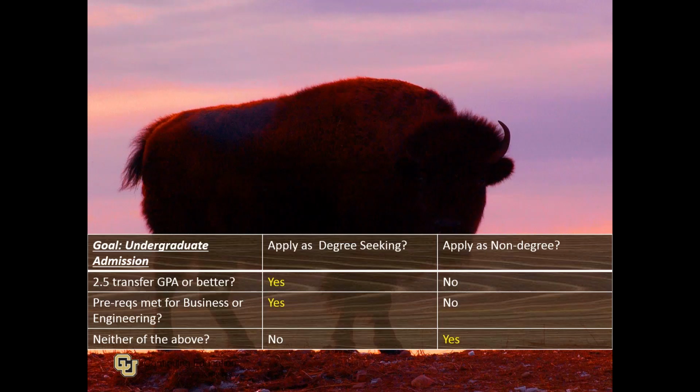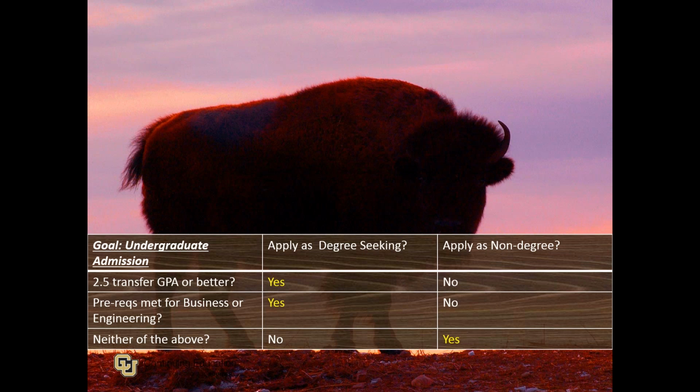With this first question being what's your goal, it's a good question to ask. And if you don't know the answer to that, one of the things I'd recommend is that you go ahead and schedule an appointment with us, because we can help you drill down into some things and help you identify some goals if you haven't been able to yet. So certainly feel free to schedule an appointment with us, and we'll talk a little bit about that at the end of the webinar. That's one of the central themes that we'll come back to a lot: please do feel free to schedule appointments with us, because we can help you talk through all of these different options.